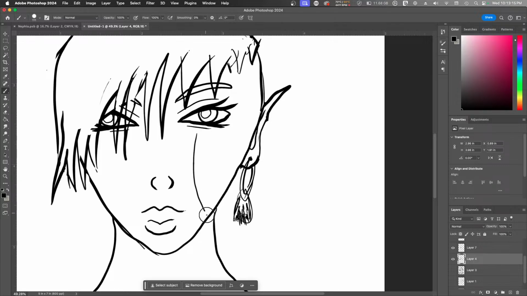A scar is sometimes used to represent the culture or just the type of religion. It doesn't always, but